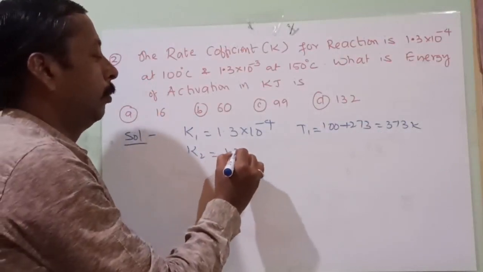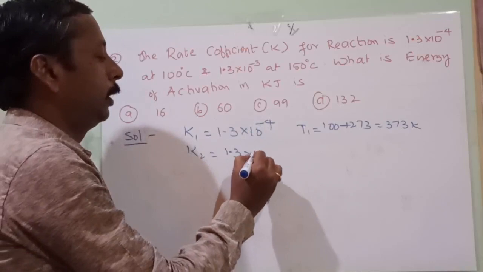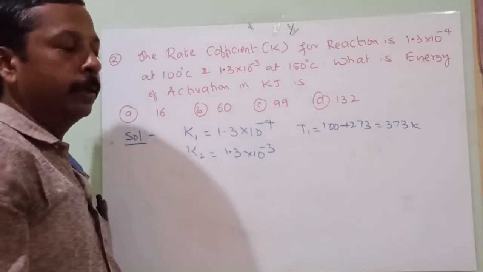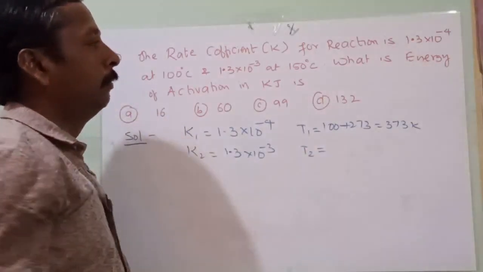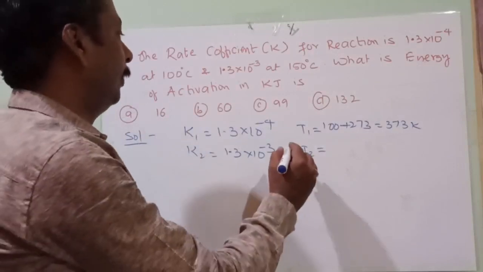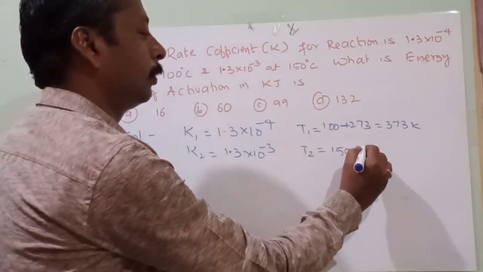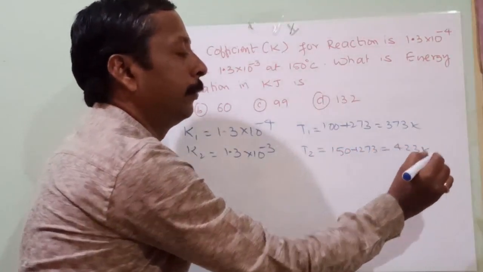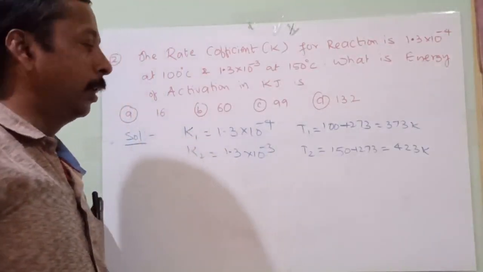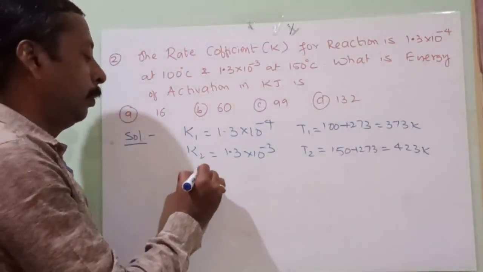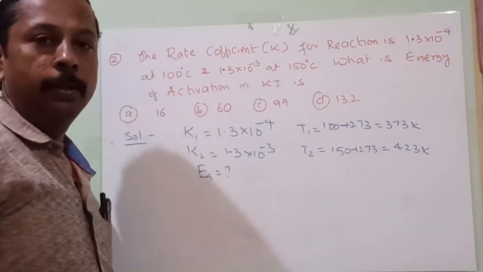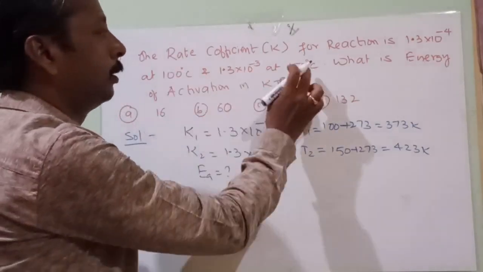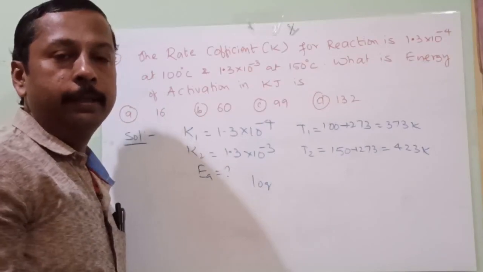Okay, and what is K2? K2 is equal to 1.3 into 10 to the power of minus 3. Easy calculation, 1.3, 1.3, it is very easy to calculate. So you are fortunate with this question. Okay, so T2 is equal to 150 plus 273. I think it is going to be 423 Kelvin, and it is mostly correct also. Okay, and what do you have to find out? EA you have to find out. Is it understood? Easy question or not? So let me substitute here. The only mistake you should not commit is forgetting to convert degrees Celsius into Kelvin.